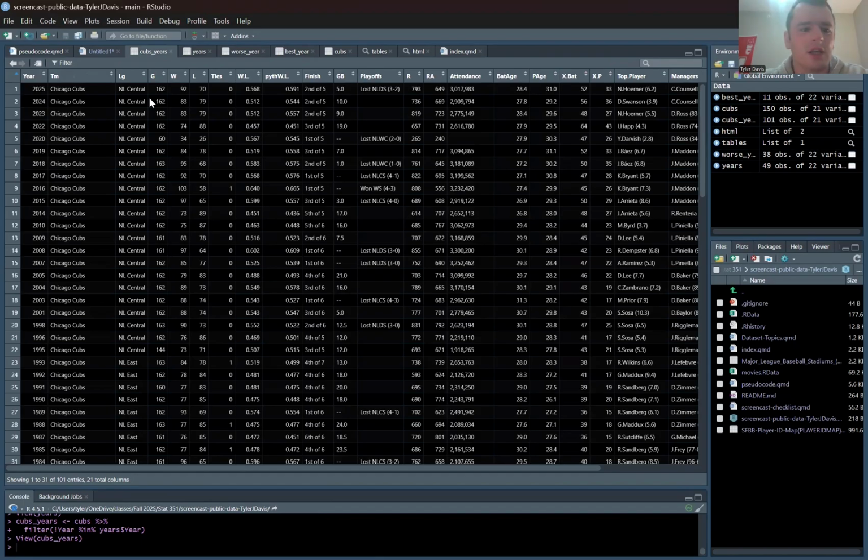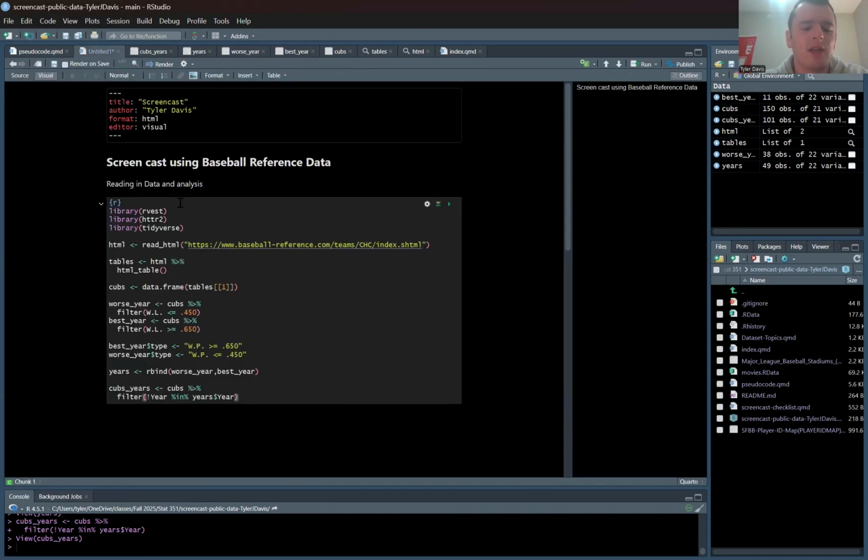So what we did here is basically we created a data frame that is the opposite of the worst and best seasons. We created a middle range data frame. And why do we do that? Because I'm going to say